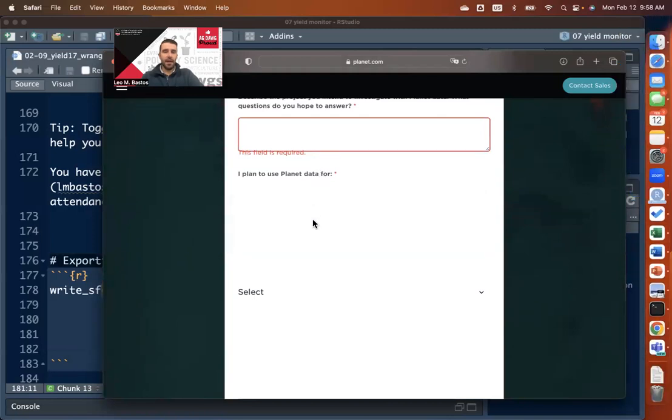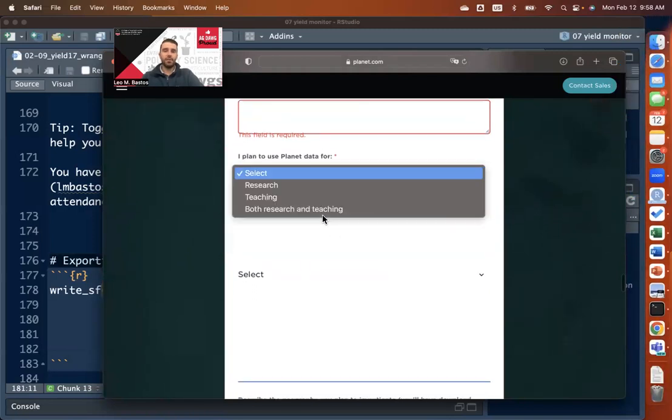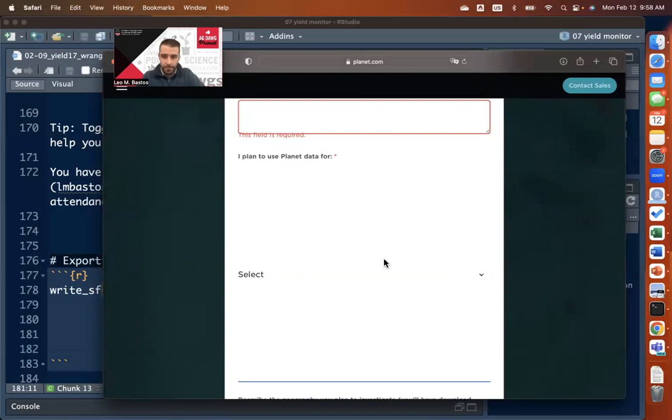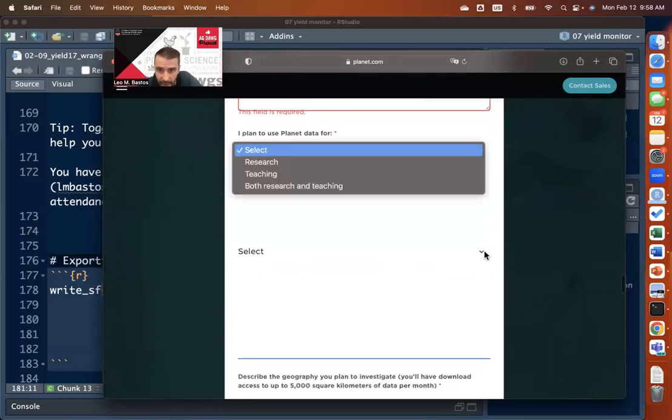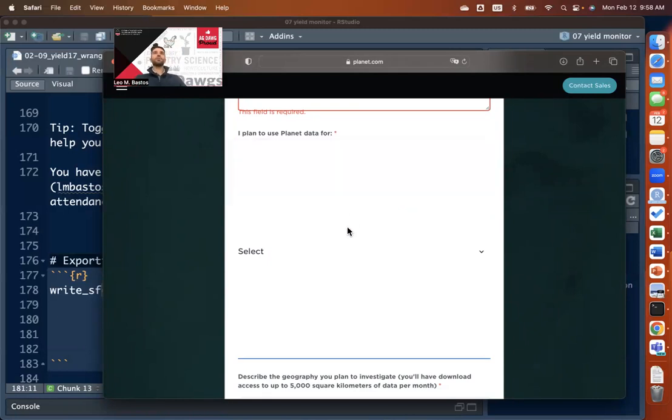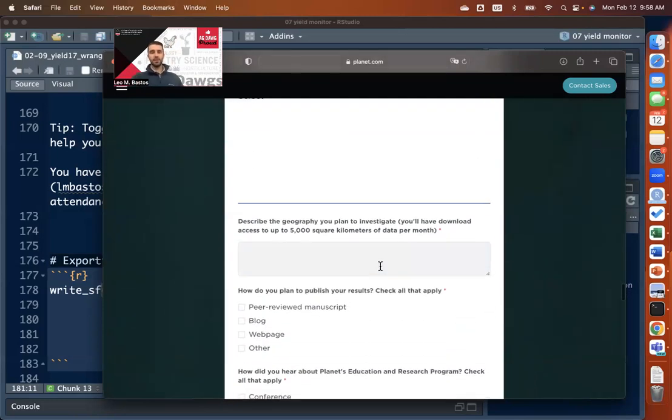When it's asked, I plan to use Planet Data for, you can say, let's see, this is a drop down menu. So you can say both research and teaching, because then you can also use this for your own research if you want. We're going to see how to do this in class for teaching, but you can also apply this to your research. The geography that we're planning to investigate is going to be,